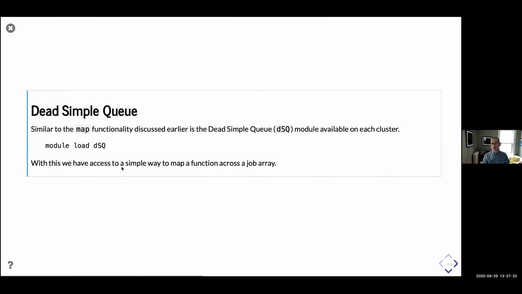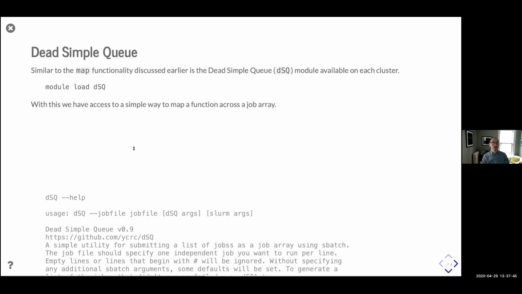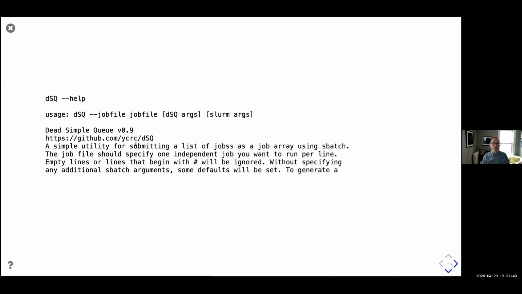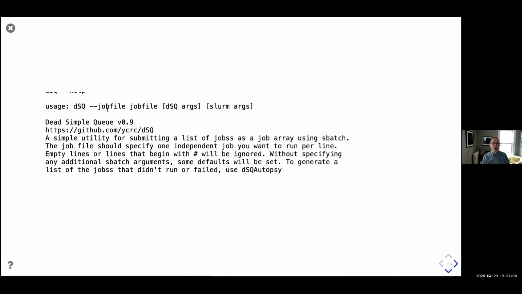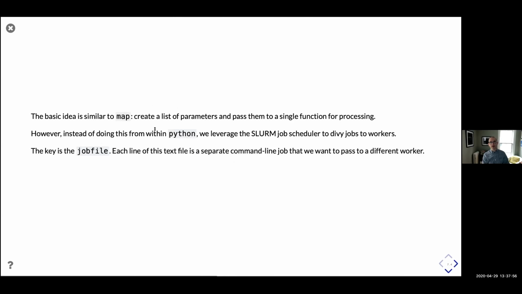And this is a tool to help us create job arrays. These are arrays of similar jobs that are spawned wherever on the cluster it works. This is the docs, the beginning of the help file for it. I'm not going to read this. This is mostly for people offline. But the idea is very, very similar to a map. So it creates a list of jobs, and